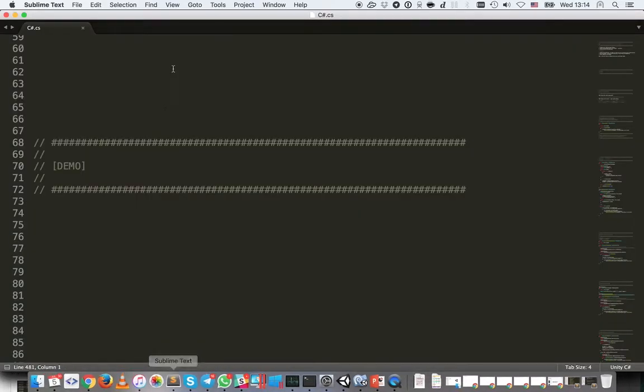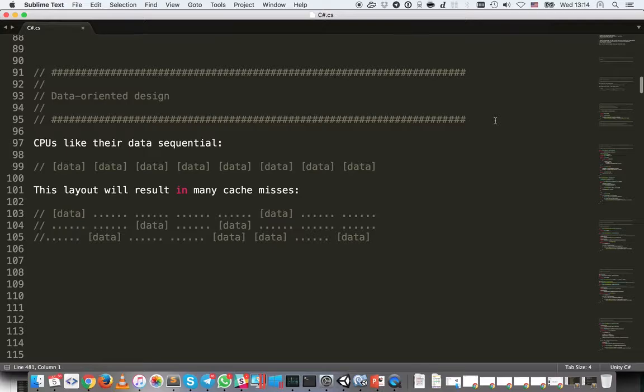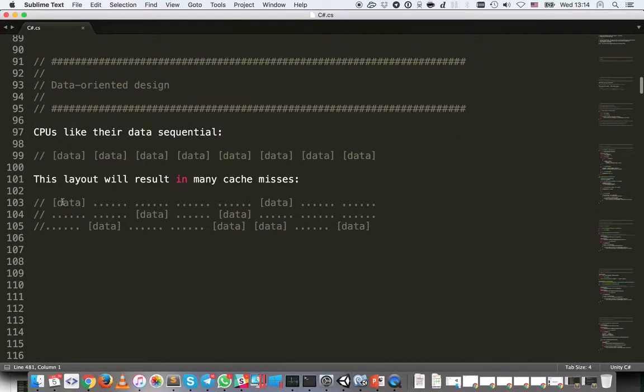So let's go back. When I was saying that you would need to think about your code differently, the first thing I had in mind is that you would need to think about your data differently. Right now, if we use game objects and components, all the components are stored in memory somewhere. So this first component, next, the third component. So when Unity iterates over all the components,